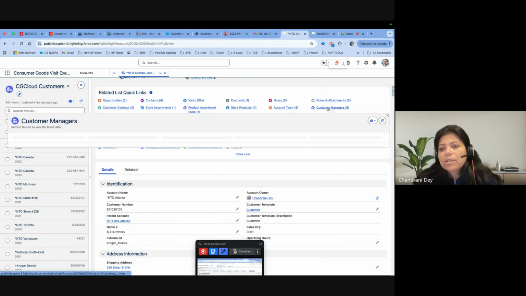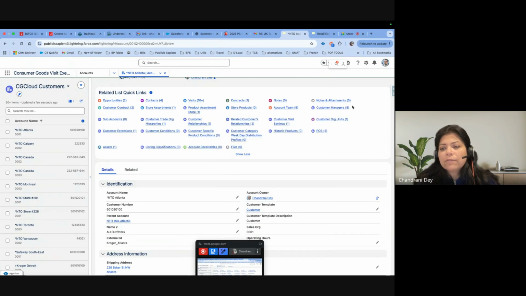Customer managers is very important for CG Cloud, because a lot of features are there on customer managers as well. So when we delve into the features, we will also come to the customer managers, what it does and all.